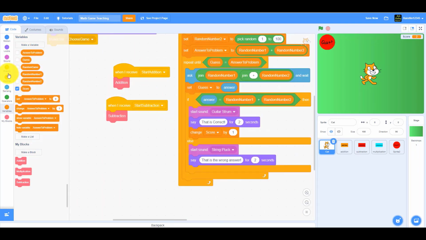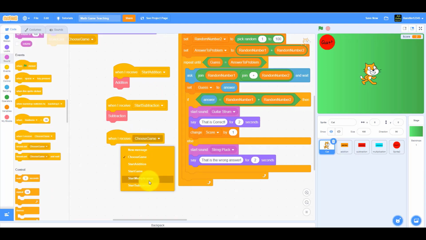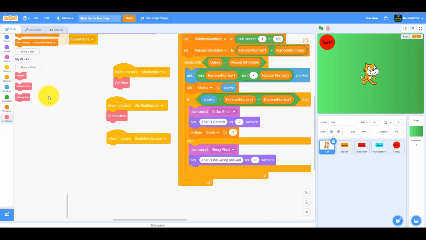So I'm gonna go here. When I receive start multiplication, we want to run this code right here. So now we have the multiplication. Let's try that out. So save it, go full screen,